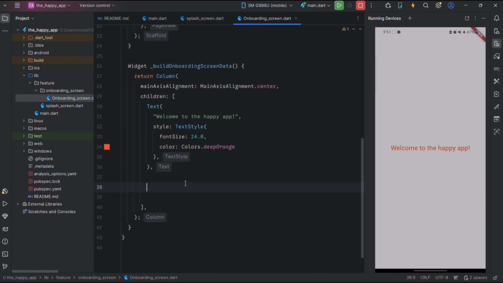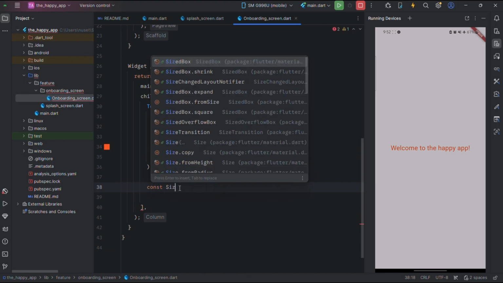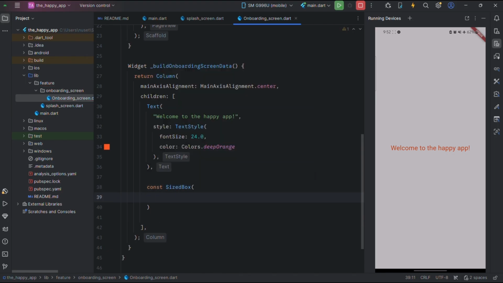So we have this, and then after this we put a little space in here, because we are going to put a button so that users can click on it and then go to the new screen. We are going to have two buttons, forward and then the backward button. So we are going to have a constant size box to put a vertical spacing between this and our button. So 24.0,